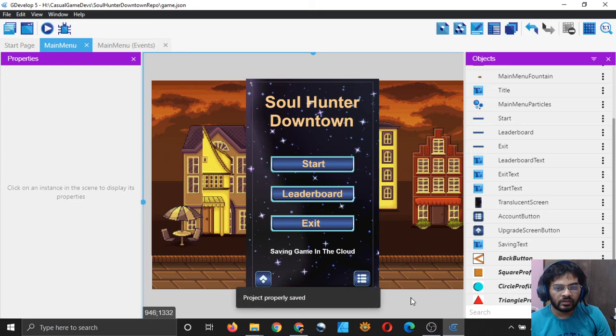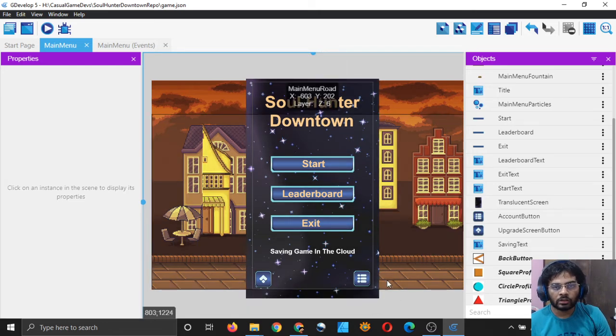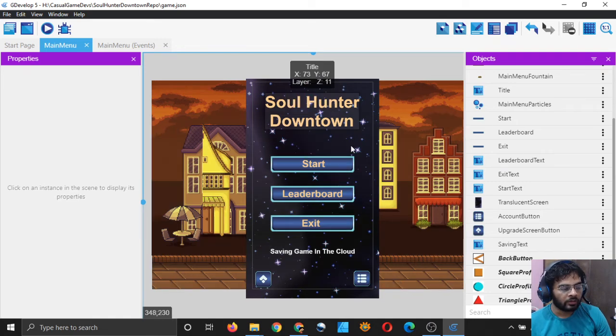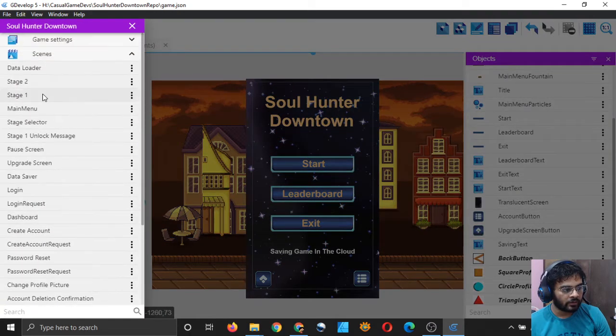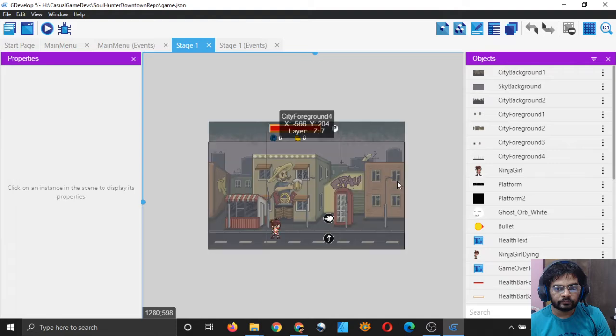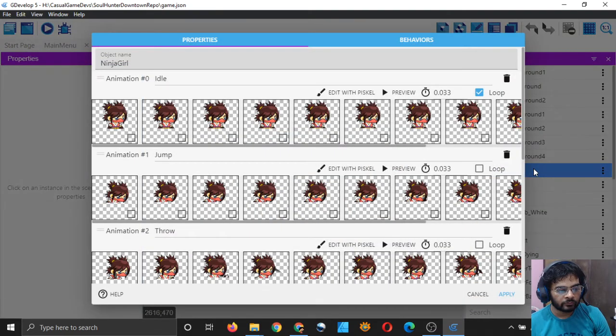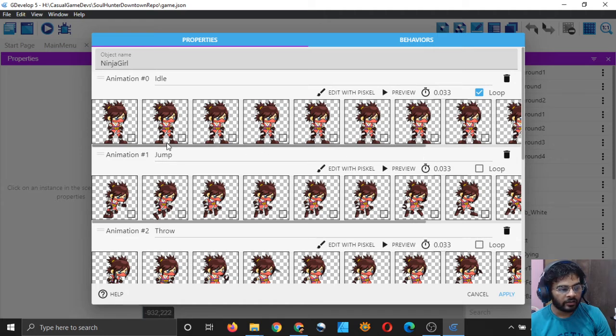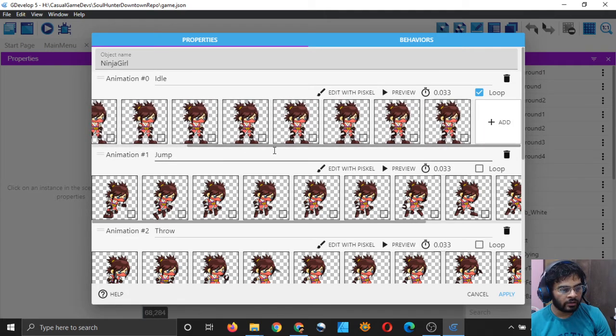This is just an example. This way you can change all the placeholder assets which you have. Now let's see one more thing. I will go to my stage. Here I have the ninja girl, and you can see that ninja girl has so many